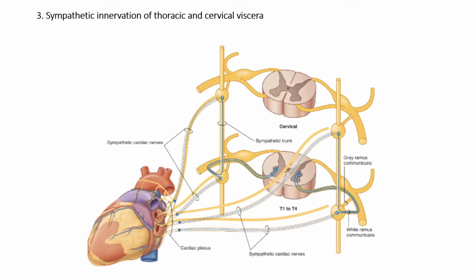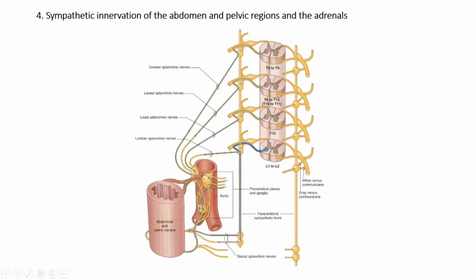So the branches of this plexus innervating the organs, from the spinal level of T1 till T5, mainly innervate the cranial, cervical, and thoracic viscera. So this is the third pathway of the sympathetic, the postganglionic sympathetic fiber, and finally the last one,